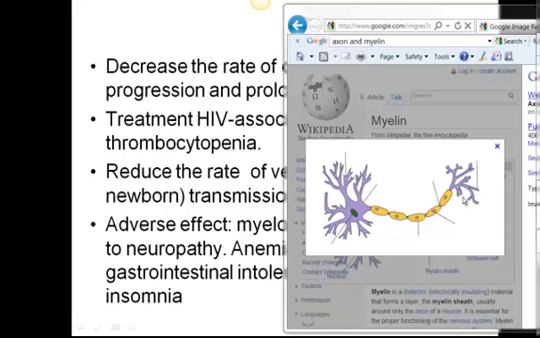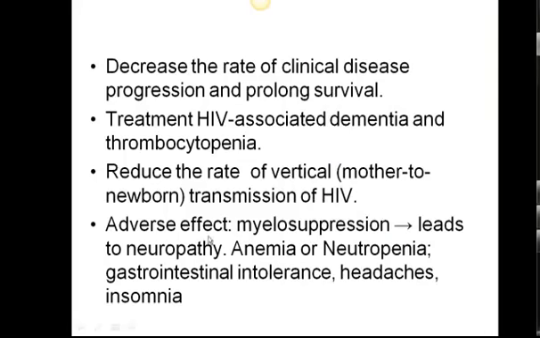And so what happens in patients that are being treated by these nucleotide reverse transcriptase inhibitors is that some of the side effects of these drugs is that they show cytotoxicity to the cells that actually create these myelin sheaths that are going to surround and protect or insulate the axon. And so degradation of the myelin around the axon in the neuron causes some loss of feeling or neuropathy that can occur in these patients.